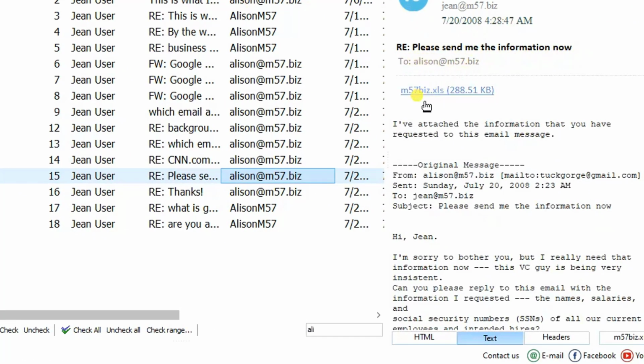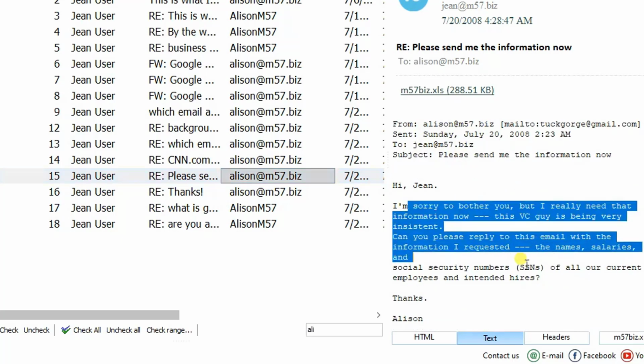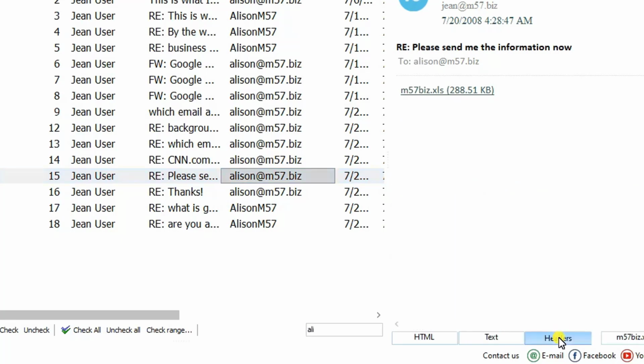So to Alson, this was his spreadsheet shared. I have attached the information that you have requested to this email message. You can see from Alson to Jean. And hi Jean, I'm sorry, and whatever you can read here. But let me click on headers. You can see this is Jean, and this was an attachment.